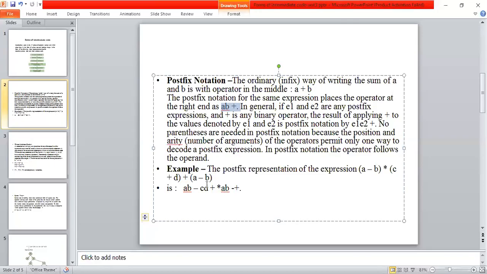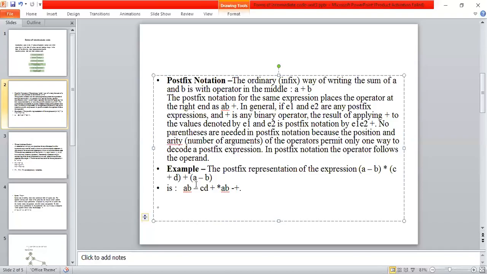From these braces, we calculate from left to right. The postfix notation for the first one, A minus B, is AB minus. Similarly, here I have C plus D and the postfix expression for this is CD plus.